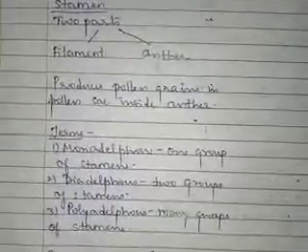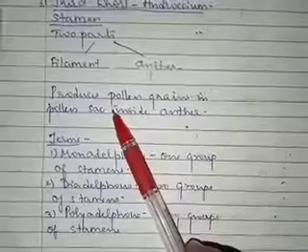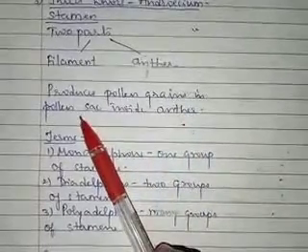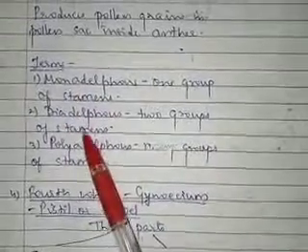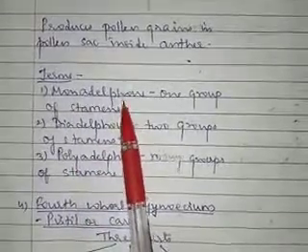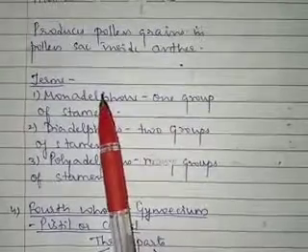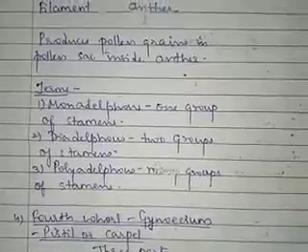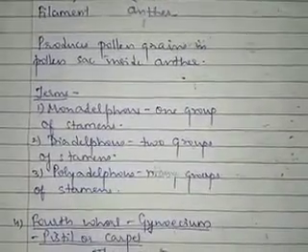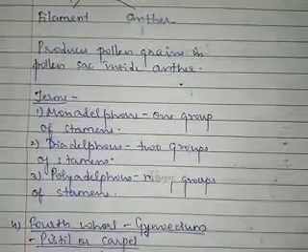So what we studied is that it has two parts, filament and anther. It produces pollen grains within the pollen sac. Now there are certain terms which are related to the androecium or the stamen. Each flower, as I told you, will contain a different number of stamens. If there are many stamens present in the flower and all the stamens are free, then there is a condition called polyandrous.